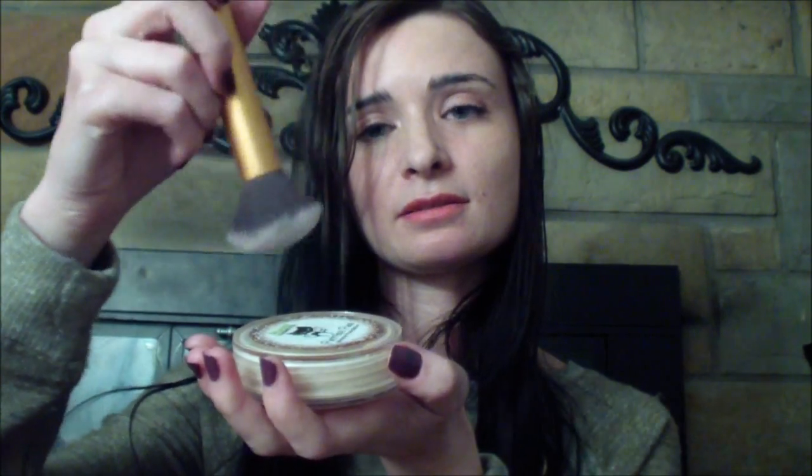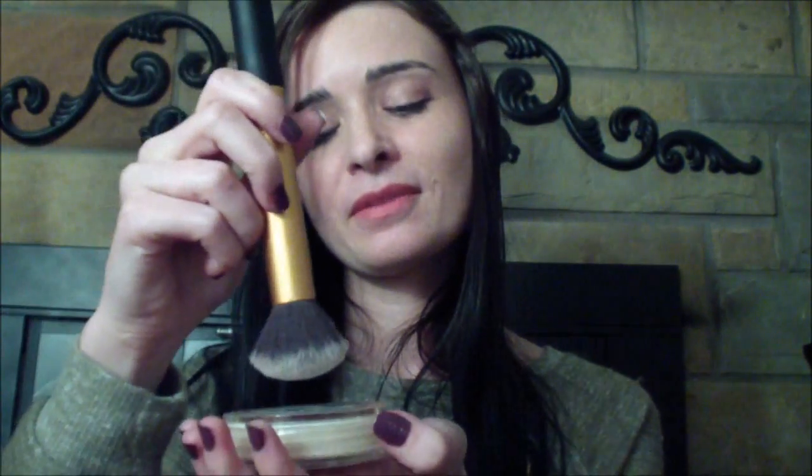And then I also have this one, also by Real Techniques. And this is the buffing brush. Now, what I use this for is I will dip it in my foundation like this, with the thing open, of course, and then swirl it around, tap it off. It's much louder than that when I actually do it. And then I'll dab it on and press it in to my liquid foundation, or sometimes I just wear this foundation, either way. Just press it in,